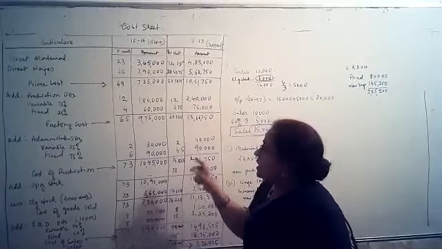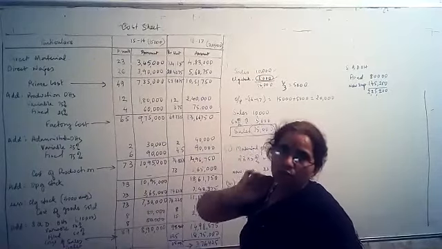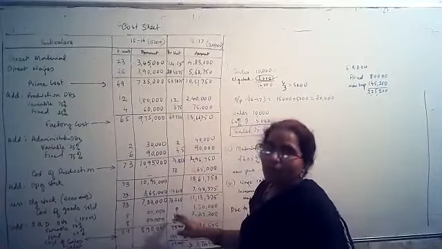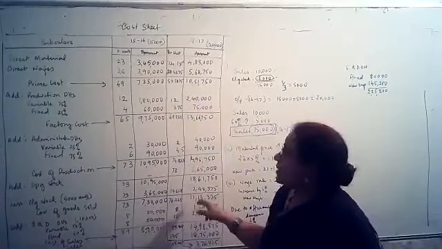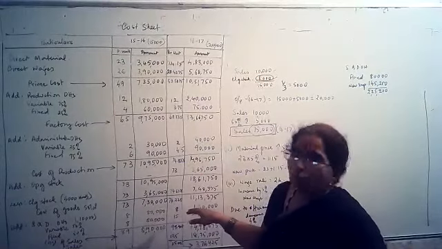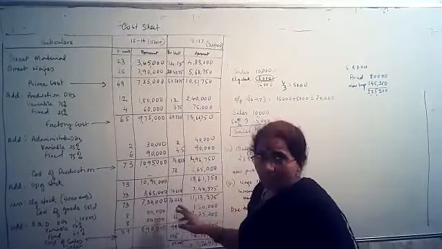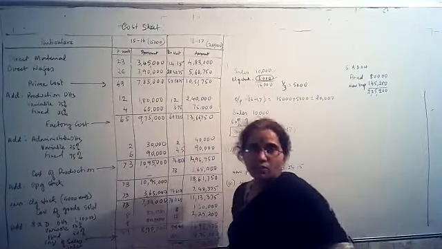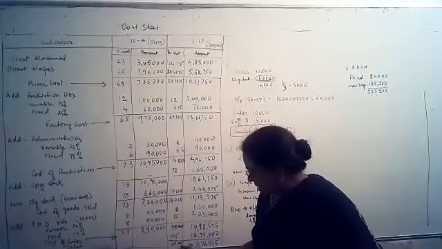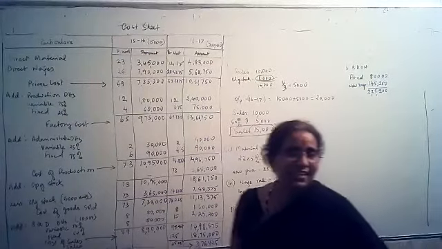Even if you leave it in between, it is not an issue, but it helps you to find out how the rate is behaving with respect to increase or decrease in the overheads. So that is the reason I have held that column till the end, to find out how much is the profit per unit also. Yes, any other question?